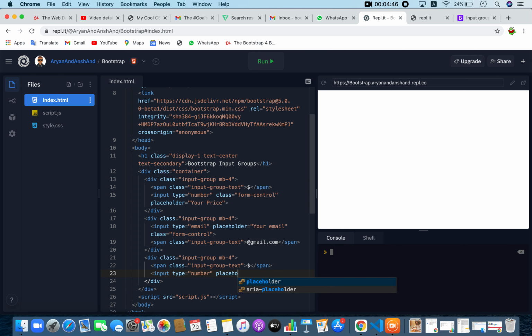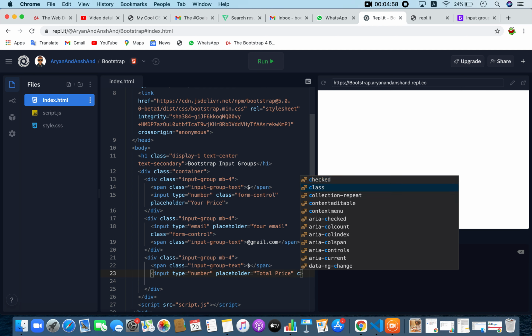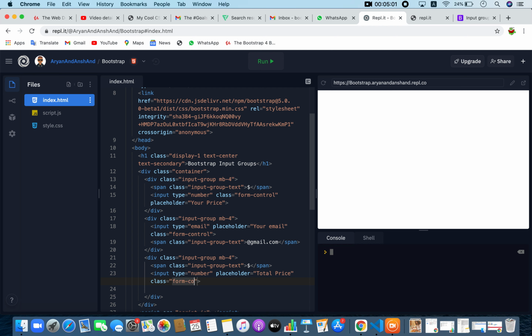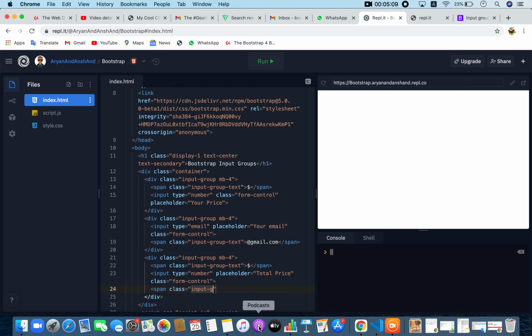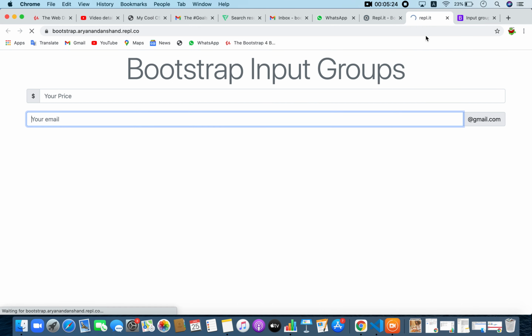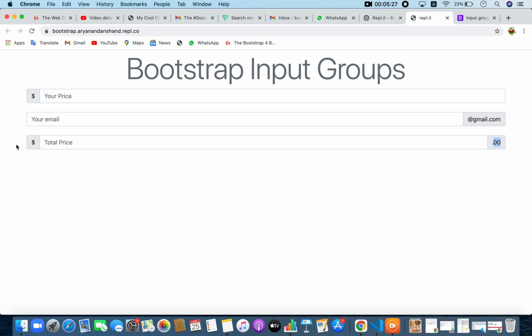Again, I'll do placeholder total price and the class of form control. Then I'll create a span with the class of input group text again, and I'll put 0.00 at the end, like how they've done on the docs. Now if I reload my page, we have two input groups, one at the start, one at the end.